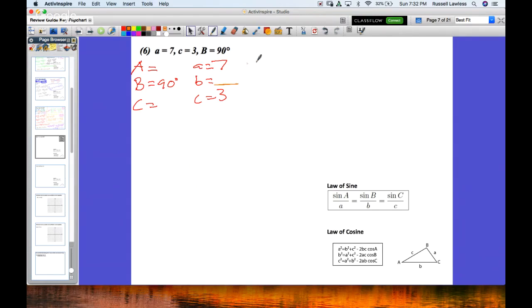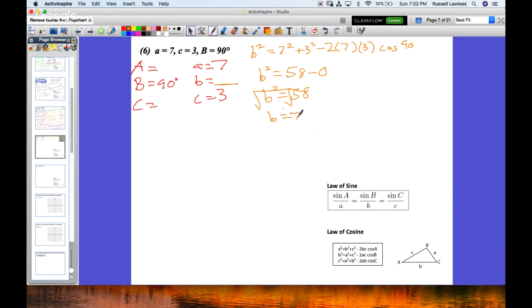And when we do the side B, that will be essentially B squared is equal to 7 squared plus 3 squared, minus 2 times 7 times 3 times the cosine of 90 degrees. When we do that, 7 squared plus 3 squared gives 58, minus 2 times 7 times 3 times the cosine of 90, which is 0. So b squared is really just 58, and we can square root both sides to get b equal to